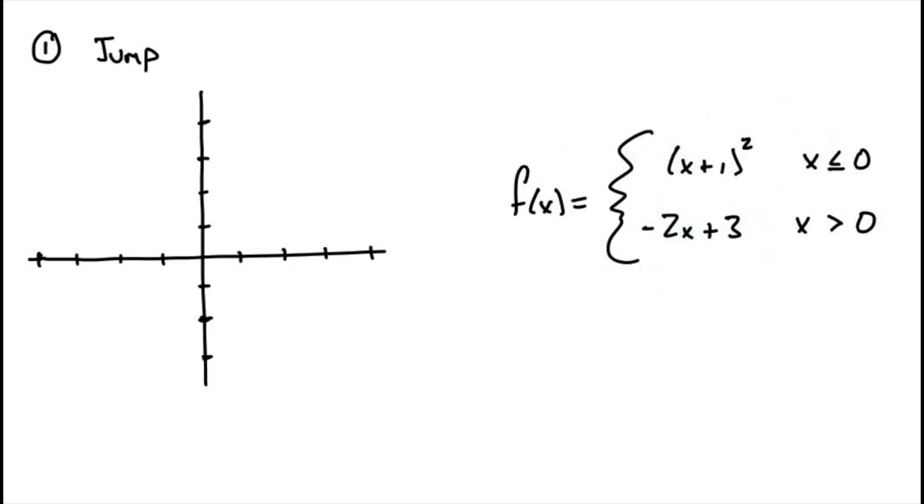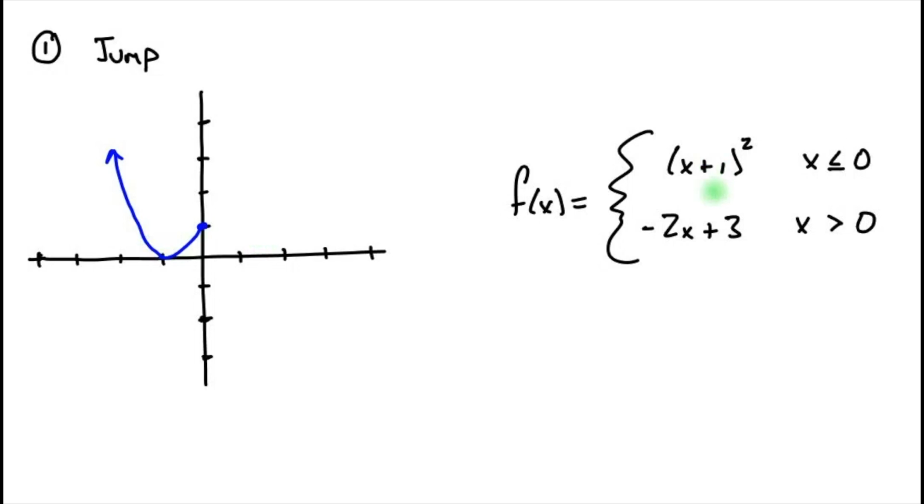And just as a reminder, we might as well try to graph it to see what it looks like. The top piece of our piecewise function is x plus 1 squared. That's just a quadratic, so a parabola shifted to the left one. Since our piecewise function tells us we're only to graph this function for x values less than 0, we're going to stop at 0. It is less than or equal to 0, so we'll put a solid dot there